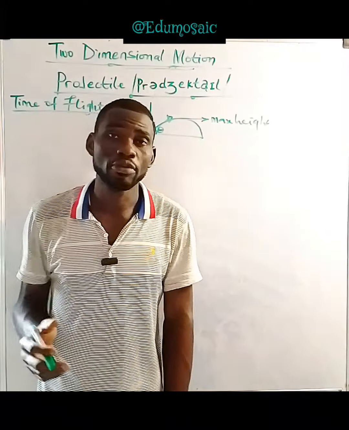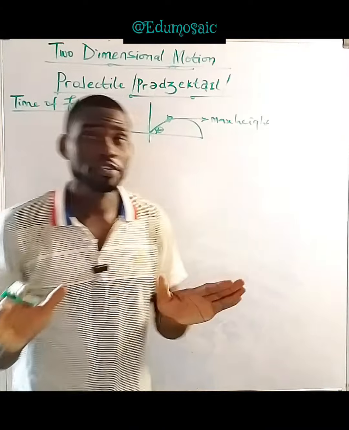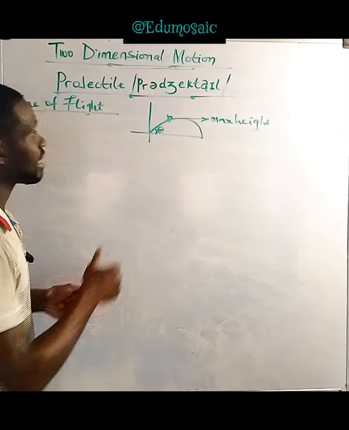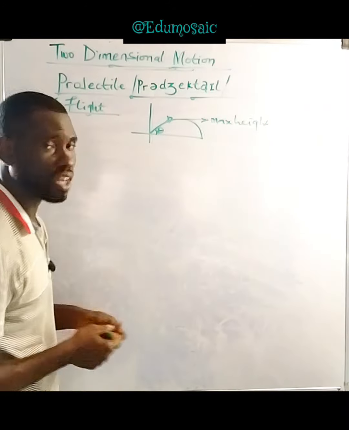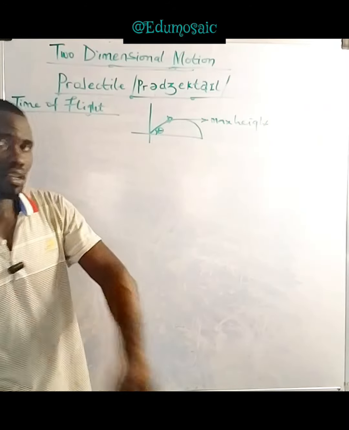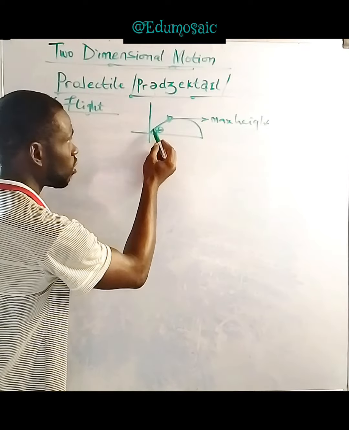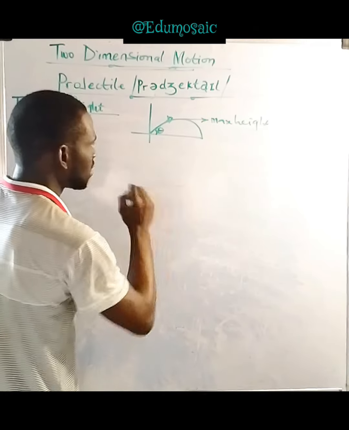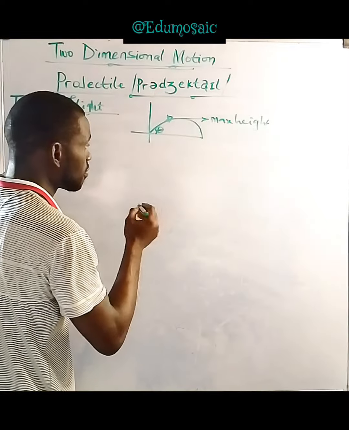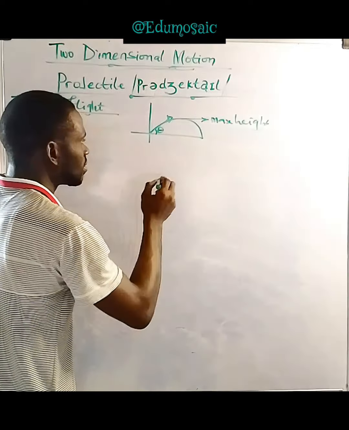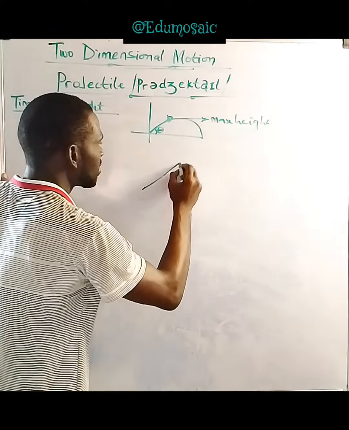Okay, when we talk about time of flight, what does time of flight simply mean? It's very simple. Imagine a body is being projected from this place. Let's say a javelin. Somebody takes a javelin and throws it like this. The body goes up, like a javelin thrower, for example, or a hammer thrower. So the body goes this way.